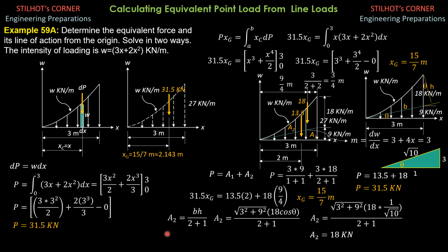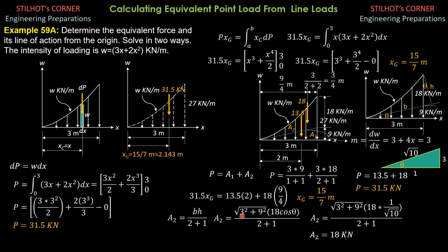So area 2, just for area 2, because you know already for area 1, that's a triangle, of course, you know the area. So it is bh over 2 plus 1. The base is this inclined length, and the height should be this h here, which is perpendicular to this inclined length. So it is still bh, the product of perpendicular dimensions, over n plus 1. So the degree is 2 and plus 1. That's the formula which I derived.